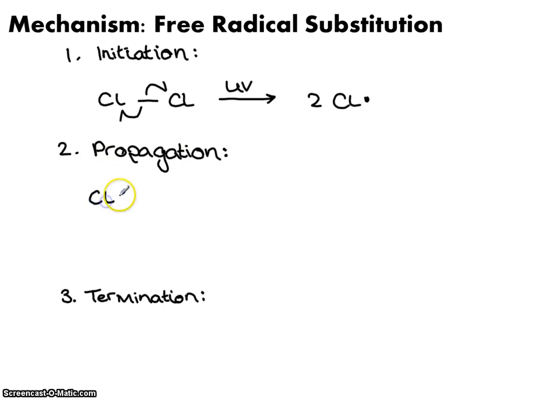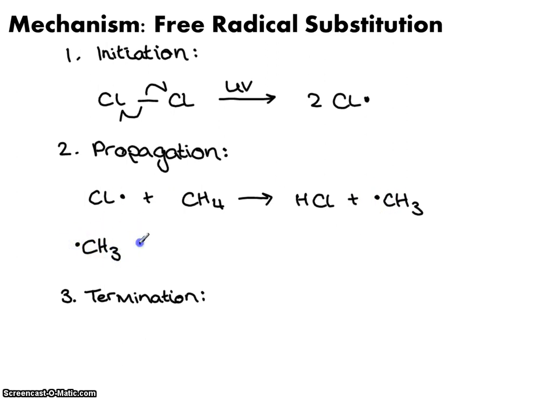Propagation is this chain reaction. So we take one of our chlorine radicals and we react it with an alkane. I'm going to do it with methane. So here it is reacting with methane, and this step, this is a 2-step process, propagation, generates HCl and a methyl radical, which we represent CH3 dot,